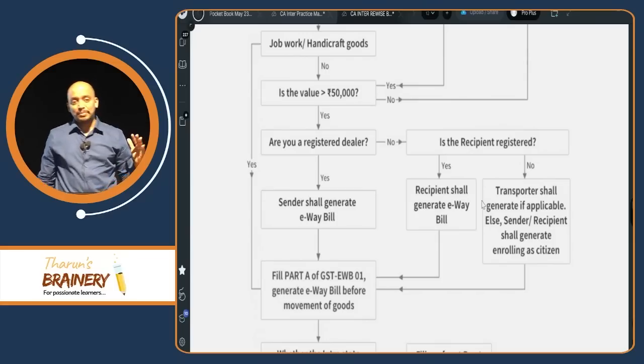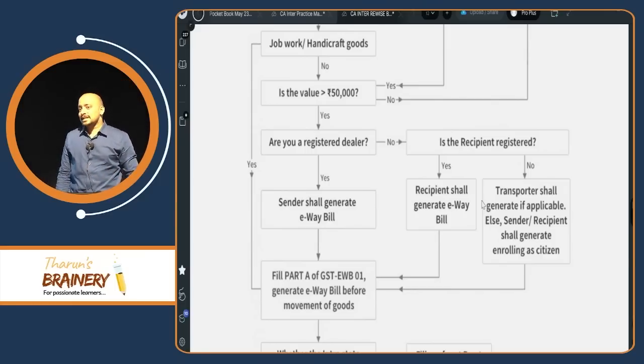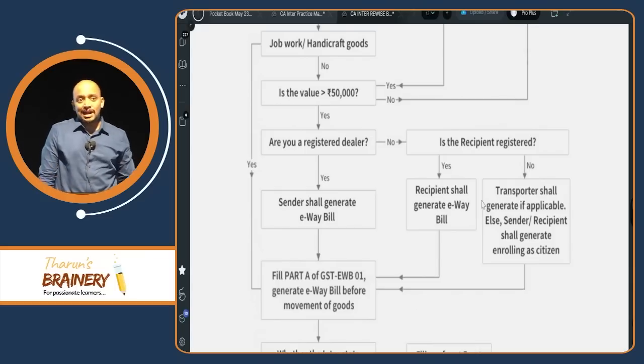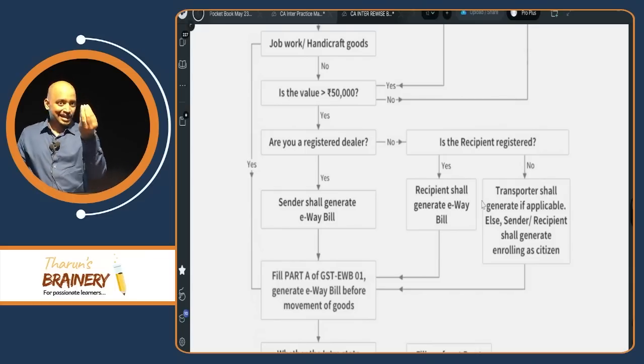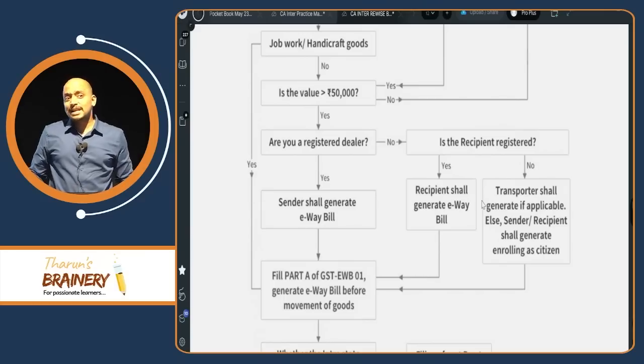So who will generate e-way bill? If the supplier is registered, the supplier. If the supplier is unregistered and the recipient is registered, the recipient. If both are unregistered, the transporter. Once again, can you repeat? If the supplier is registered, the supplier. If the supplier is unregistered and the recipient is registered, the recipient. If both are unregistered,